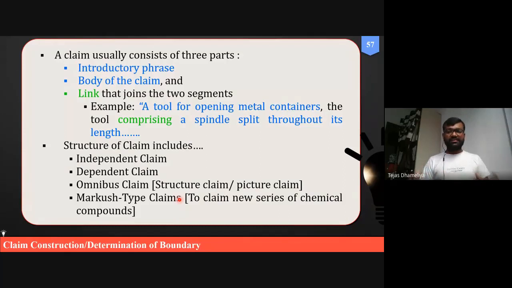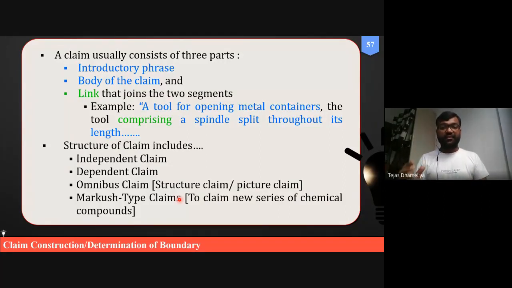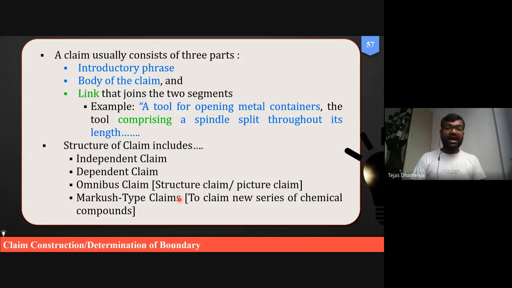If you have performed a SciFinder search, it may give you some information about this kind of Markush claim or Markush structure. These Markush terminologies are useful for structural claims, so for those kinds of claims, Markush claims or Markush structures are utilized.